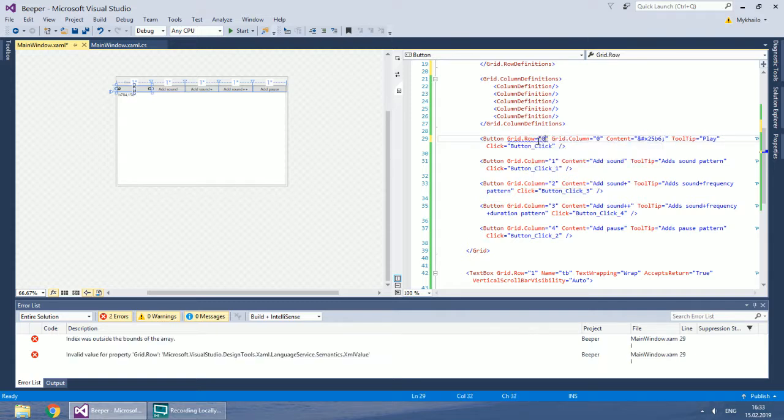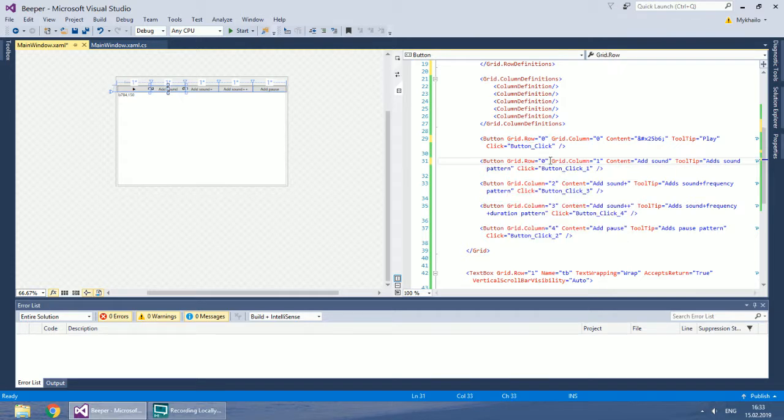We should reorganize buttons to separate buttons for inserting sounds from buttons for inserting pauses.